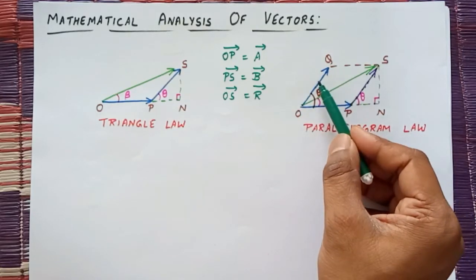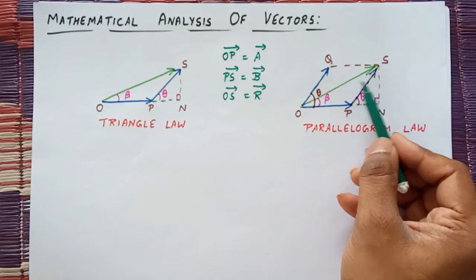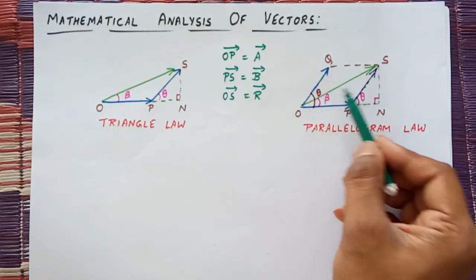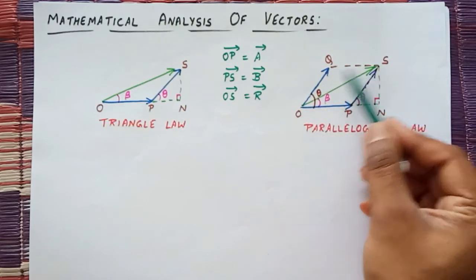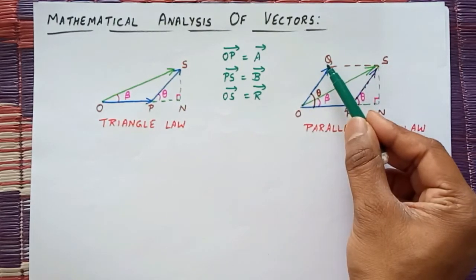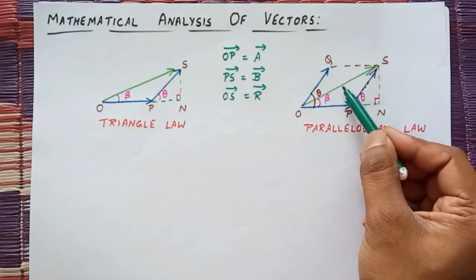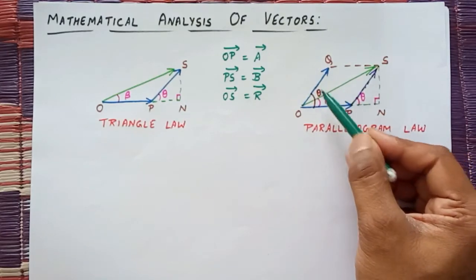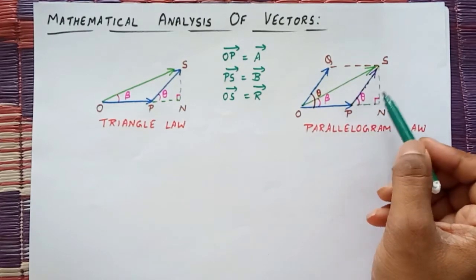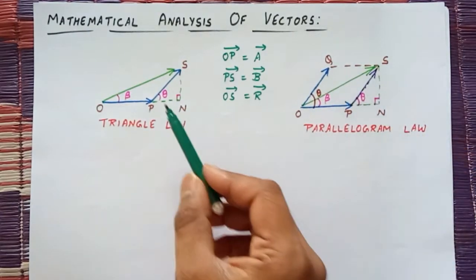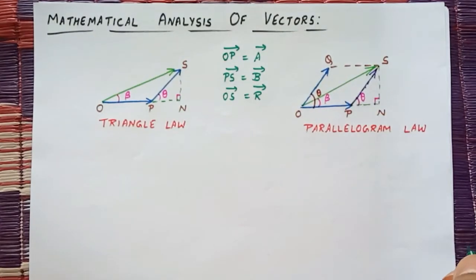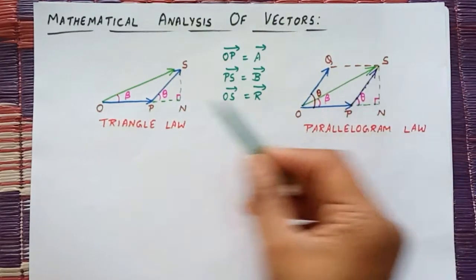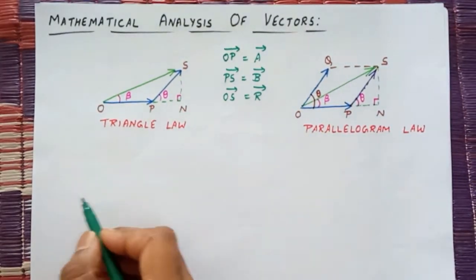And I have shifted this vector from here to here such that the angle between them, that was theta, remains the same. And again, the diagonal of this imaginary parallelogram will be the resultant of these two vectors. Means if this one is R vector, then it will be equal to A vector plus B vector. The same right angle triangle is made here as this one, and now we are going to derive a formula for the resultant vector. It will be similar in both cases.